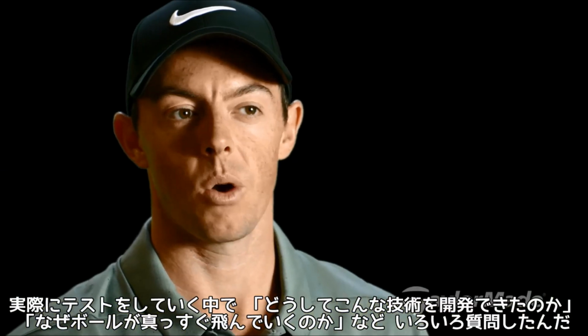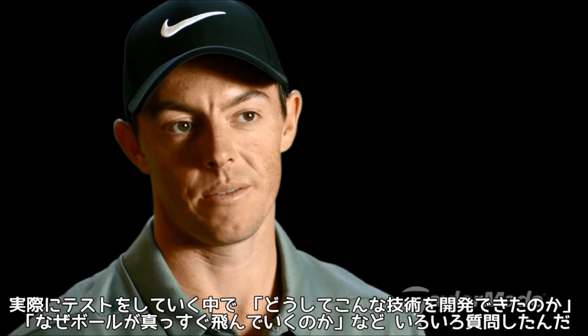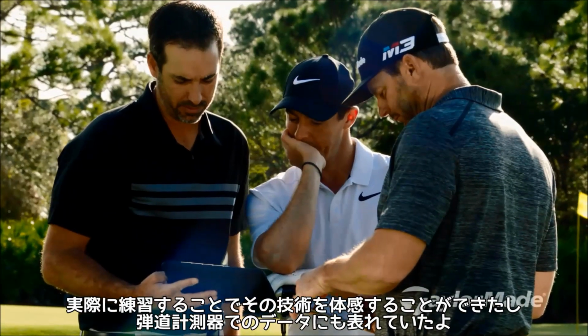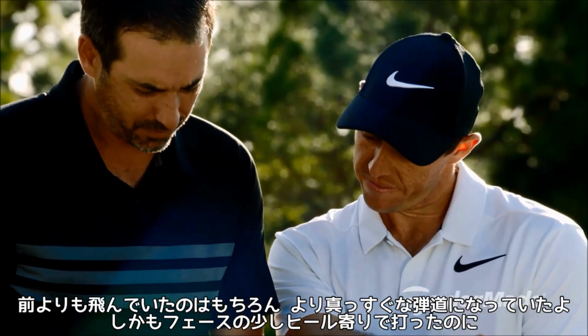I'll always ask why, like, okay, well, why have you done this? What's going to make this better? Why is this going to make the ball fly straighter? So to see the technology in practice and see the numbers on TrackMan or the ball flight and say, okay, I hit that a little further out of the heel and it still went pretty straight,